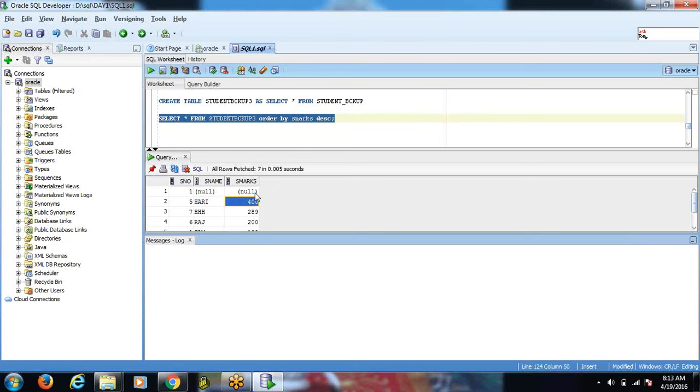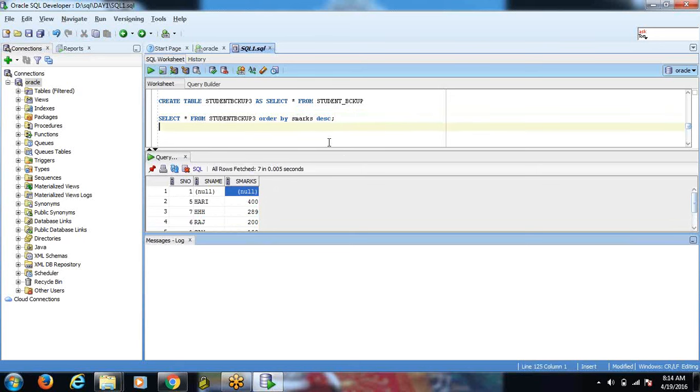Then we got 400, and then the next values like this. That means by descending order we got this, right? Clear? Okay, got it. And this was the backup table syntax which you are going to create.